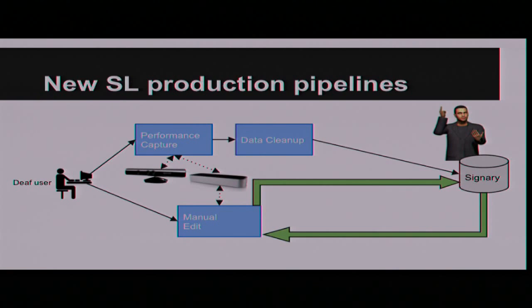We work on this long-term goal to make this architecture, where the deaf user at home will be able to populate a shared dictionary using natural user interfaces. So the basic idea is that at home they use the Kinect and the Leap Motion to make a new sign. These are not motion capture devices, so you cannot have a perfect sign. Then you perform some data cleanup, and you can enter this infinite loop of improving the sign using the same natural user interfaces to edit the character posture.